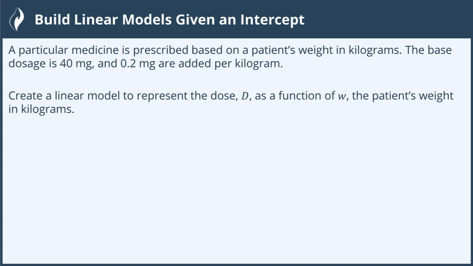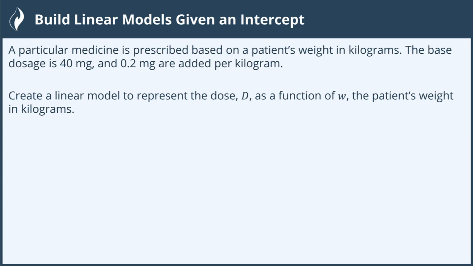Okay, so a particular medicine is prescribed based on a patient's weight in kilograms. The base dosage is 40 milligrams and 0.2 of a milligram is added per kilogram. Okay, so create a linear model to represent the dose D as a function of W, the patient's weight in